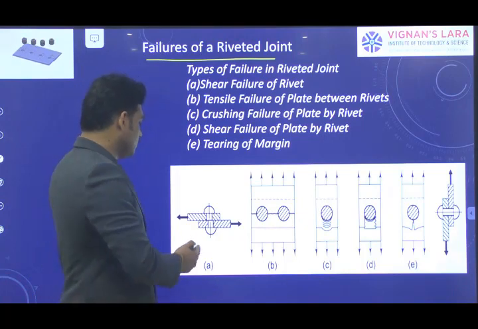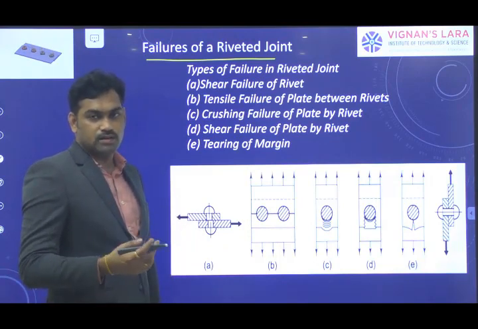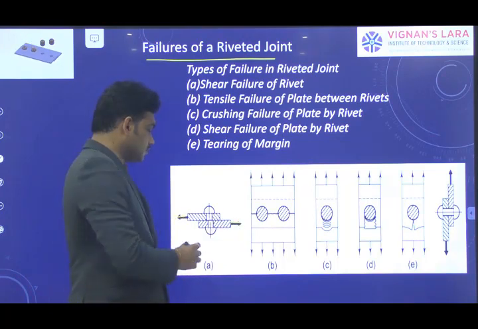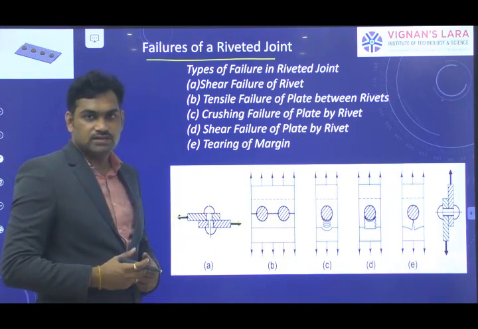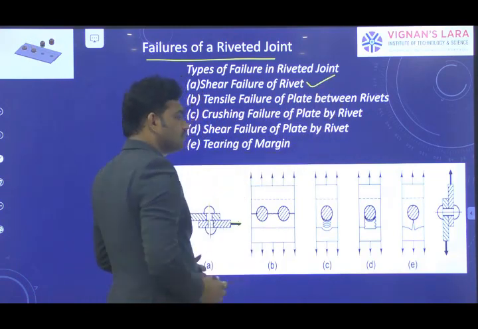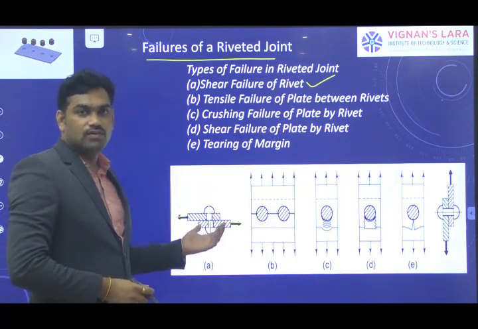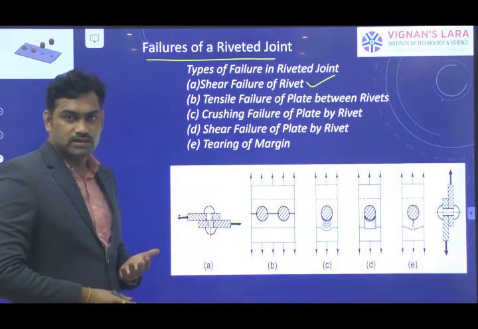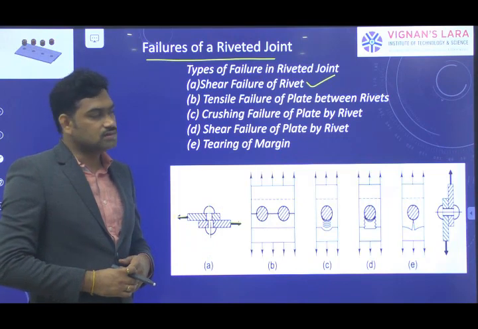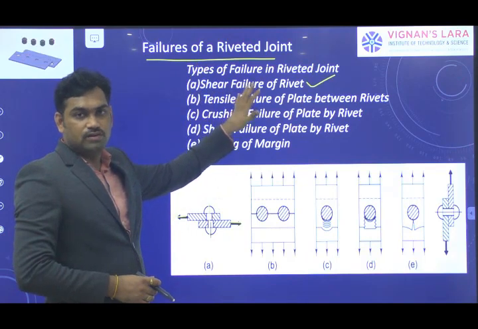So we know that in many instances we are discussing shear. We can discuss this riveted joint by the application of external load on the plates, which is perpendicular to the axis of rivets, which can cause the rivets to shear. So the first possible mode of failure is a shearing failure of rivet. So the shearing of rivets can occur when the external load is applied on the plates. Why? Because the loads will be acting perpendicular to the axis of rivets. So the very first possible type of failure in the riveted joint is a shear failure of rivets.